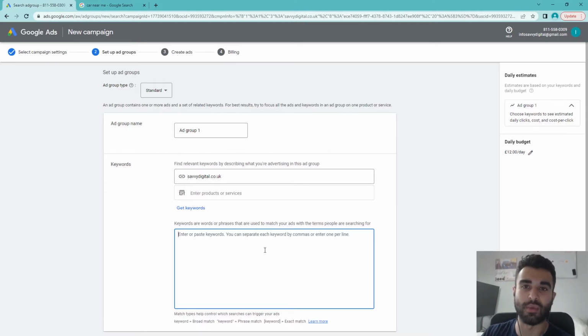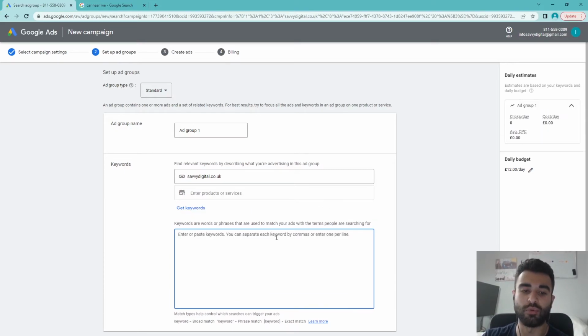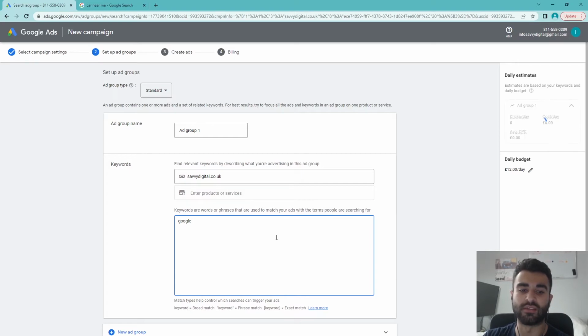And before I'd ever set up ads, I would go ahead and do your keyword research so you know exactly who your buyer personas are, what they're searching for, who they are, and exactly what they are typing into Google. So if we take my company, for example, and I'm looking for a new client and I want to get people that are basically looking for Google Ads Management, I would go ahead and type in Google Ads Management, for example, because that's exactly what I'd expect them to be searching into Google when they're looking for a company and